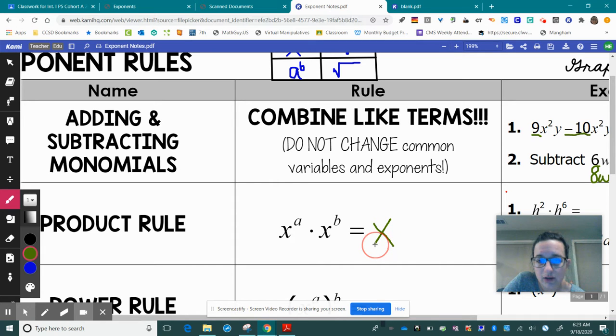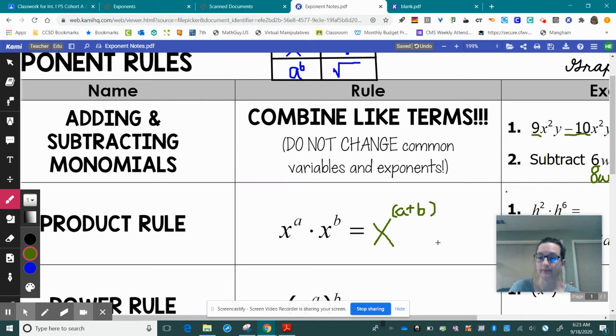So what that's going to do is, since it has the same base, both of the bases are x. This is an x, this is an x. What we can do is we can then add our exponents. So it'd be x to the a plus b